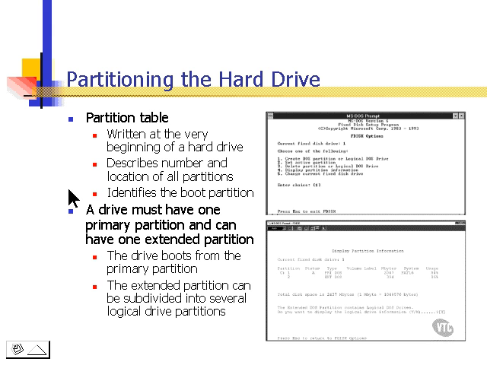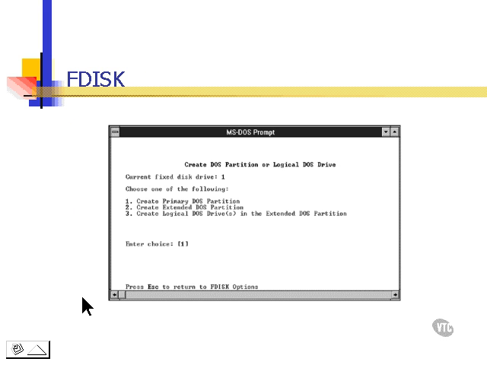A drive has to have one primary partition, and it can contain one extended partition as well. Then we can divide the extended partition into logical drives. By doing this, we set up the C drive and the D drive and the E drive and the F drive on our computer. And the way that we start doing this is we type fdisk,